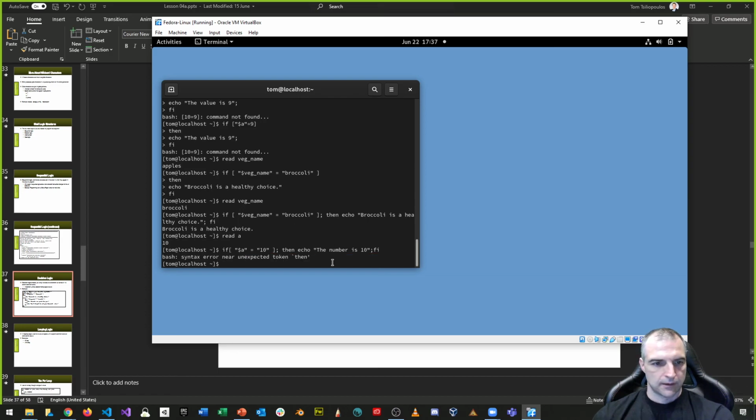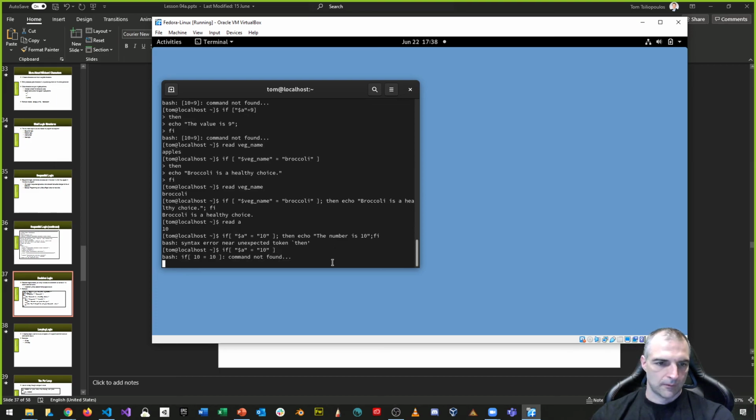And then it says, did I do something wrong? If no. Unexpected token then, and it's because of the way that I wrote this script. Because if I'm not wrong, then what I should have done is go to the next line. Let's try this out again, long form. If square brackets $A is equal to 10, value of 10, then